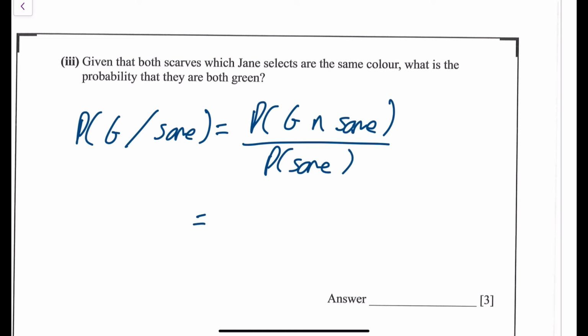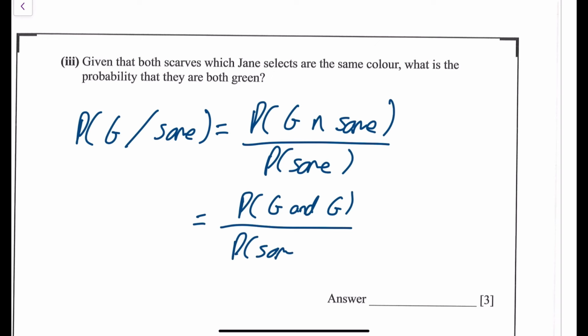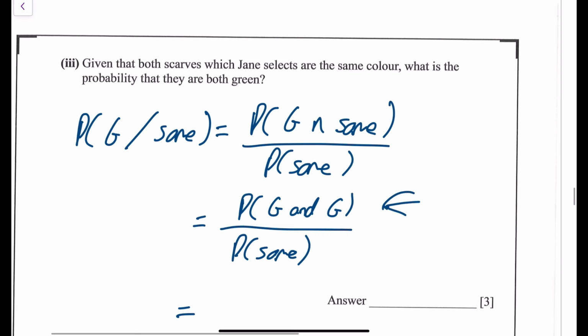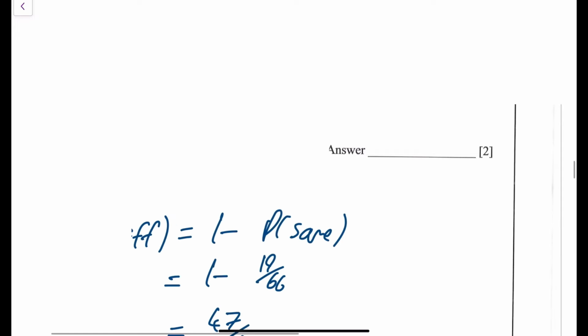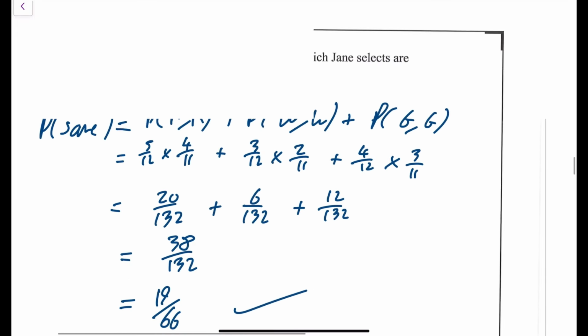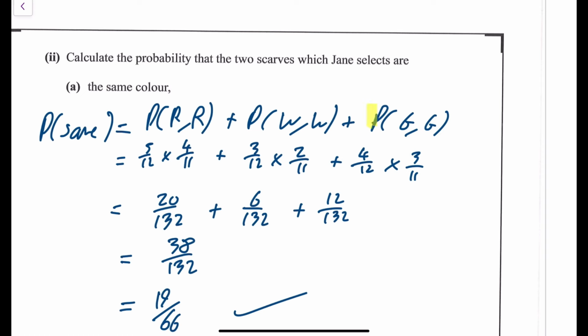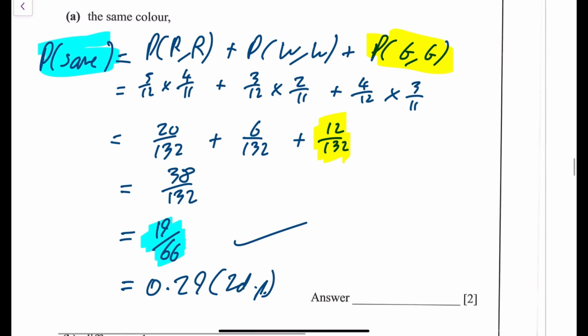Now, being green and the same, there's only one way that can happen, which is if you have got green and green, and then the probability the same. So these things we have worked out. If we go back, let's look at the green and then probably the same. So go back to way up here, and this is why setting it out well helps you. You can see green and green, this was our working out for it, was 12 over 32. And then overall, the probability of the same worked out to be 19 over,